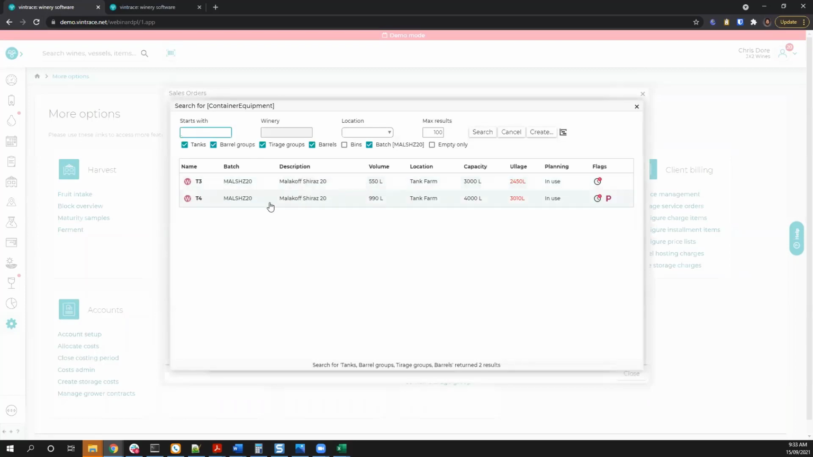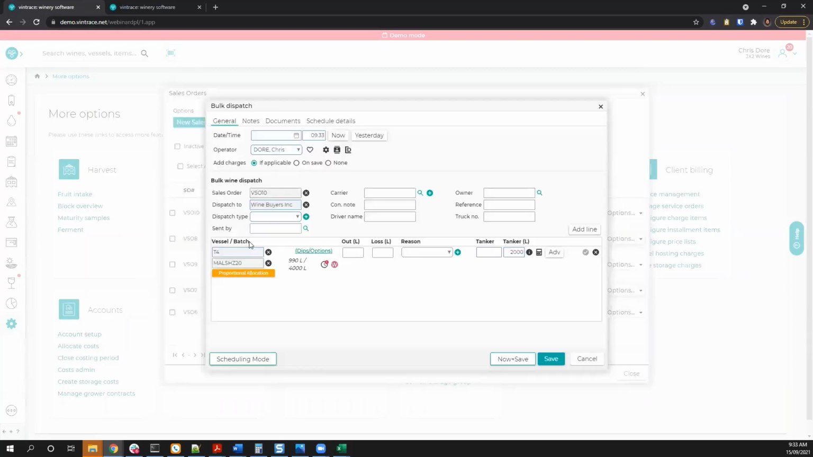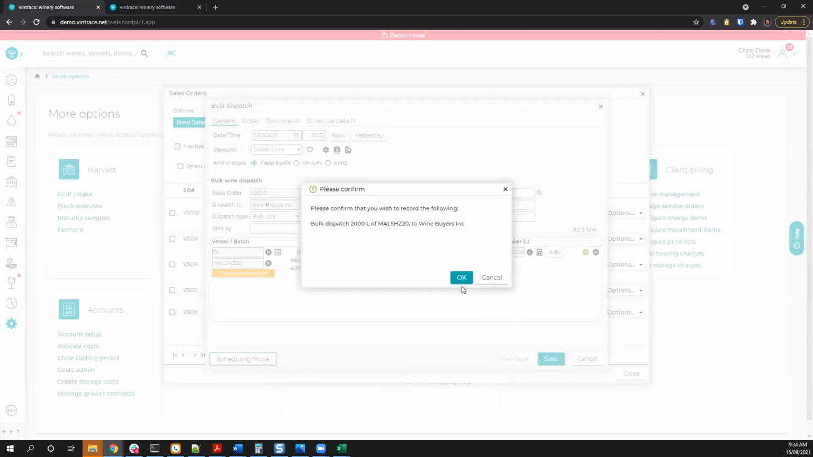So I don't even have 2,000 litres of this wine, but we'll make do. We'll call that a bulk sale, so we'll need a dispatch type. You can fill in obviously any of the other dispatch information. Just take a bit of a gain. All right, cool, and then I'll take our 2,000 litres out. So once we save this dispatch,